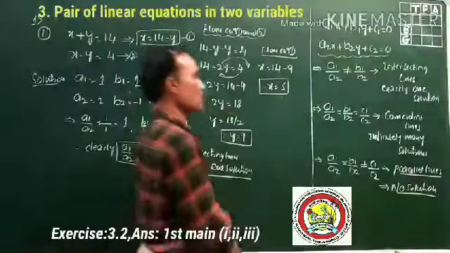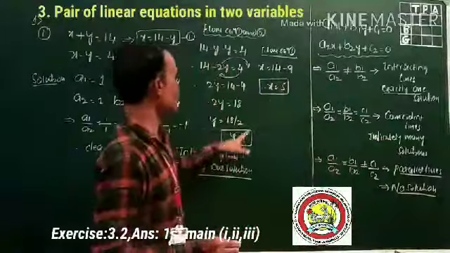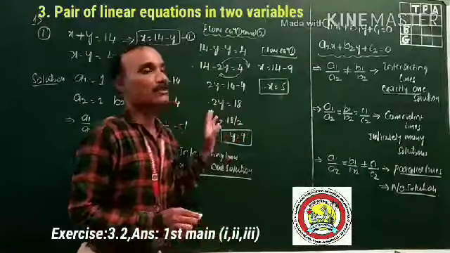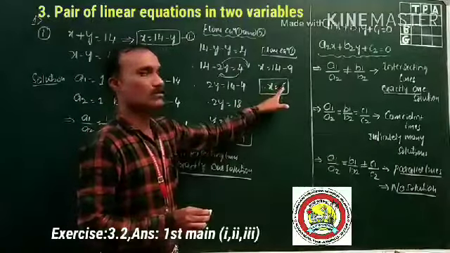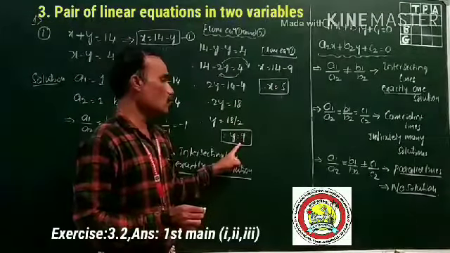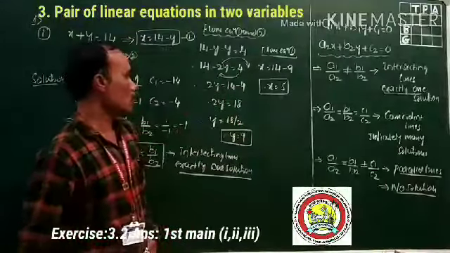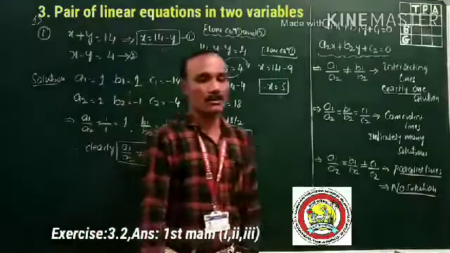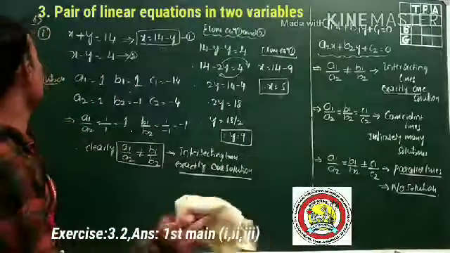So the very important thing is exactly one solution. No other values than these satisfy the given equation. It has only one value, x is equal to 5, and another value, y is equal to 9. So this is the procedure to find the values of x and y by using the substitution method. Let's see question number 2.